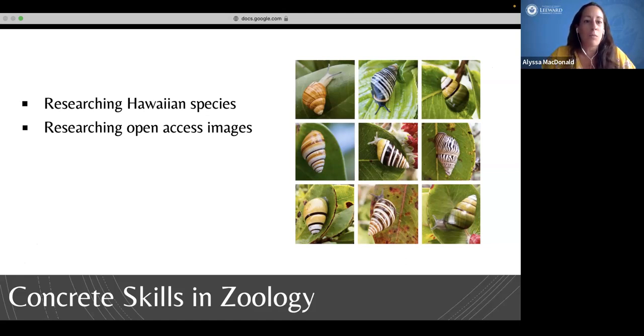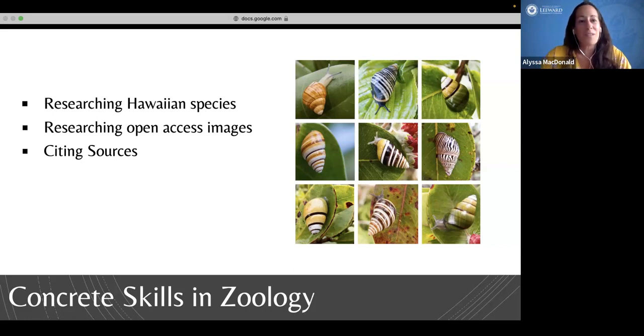And so researching more open access images or getting permission for images, all of that is really helpful for their basic skills to be able to find the information, access what's actually going to go on the site, and what can be put on the site or not. Citing those sources is critical. I teach writing intensive classes in my other biology classes, and that is one thing I consistently have to repeat. But I think Wikipedia and WikiEDU do a great job of setting it up and organizing it for the students to be able to not only find but cite those sources.